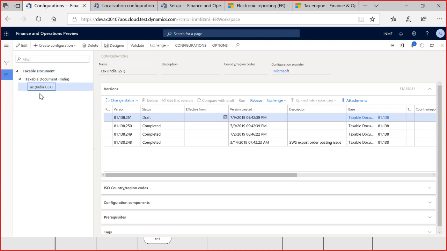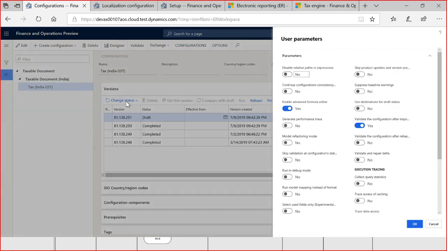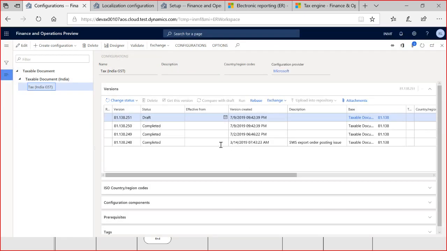And after you create a configuration, what you need to do is just open the designer to make the change. Before I open the designer, I want to show you something. If you go to configurations and click user parameter, recently we have some enhancement in 10.0.2. You can enable this advanced formula editor. And by doing this, if you open the designer,